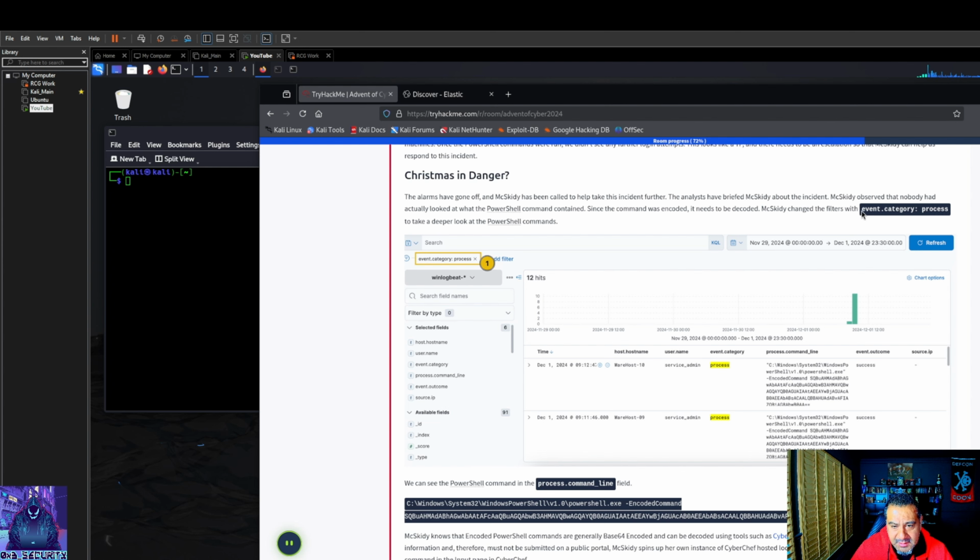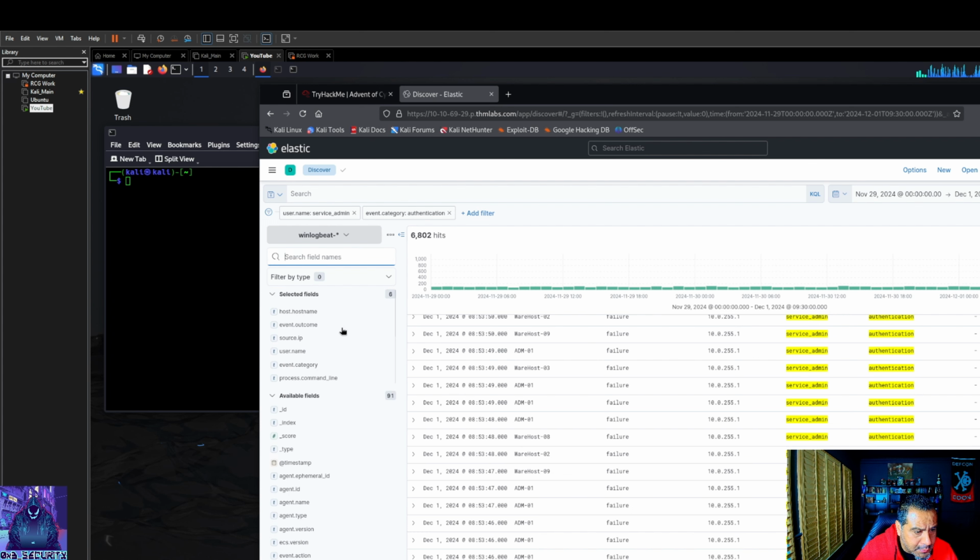Process command line. All right. Oh boy. Okay, let's see. Event category process. We can see the PowerShell command line.